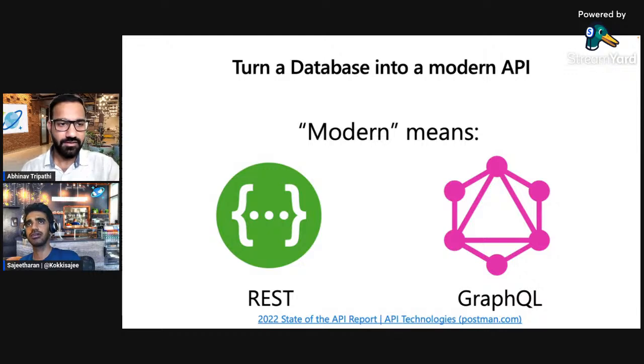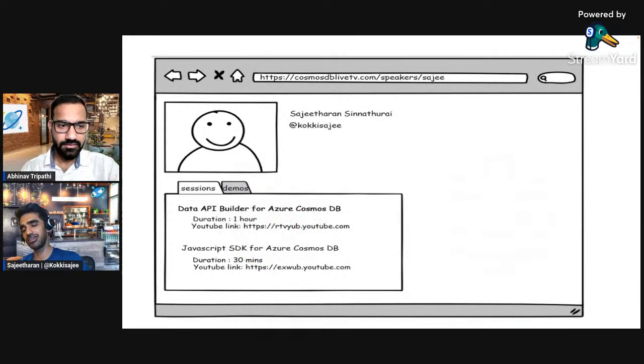Yeah, that's a good question. For the audience who are watching this, just to summarize what GraphQL is about and also what capabilities it provides, you can take this particular screen that I'm showing right now. You can assume this as a web application. If you're building this using typical REST endpoints, what you see here is basically the speaker information, and whatever sessions he has done, and the demos. So basically, you are issuing three particular requests in order to fetch this data.